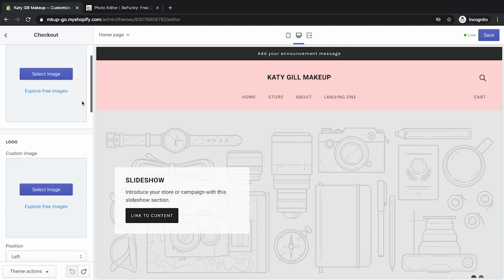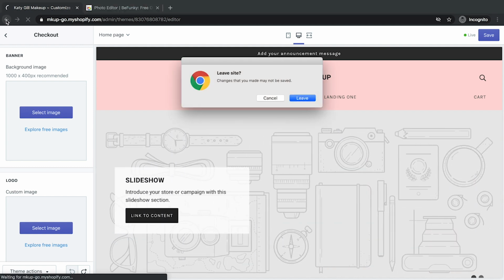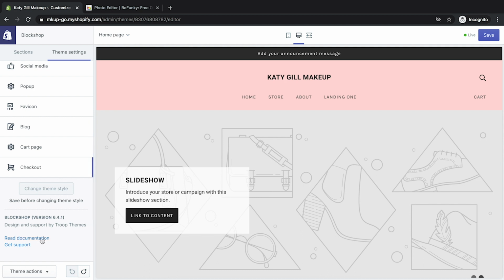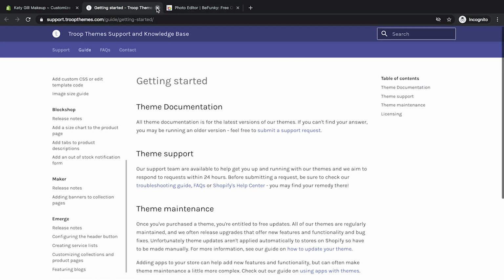Checkout, this is all the different things you can do for checkout. You might not see the checkout section of your store until you hit subscription or go for a package. I think they hold it back when you want a free account. And then obviously if you move back without doing anything, it will just check if you want to save first. So if I hit checkout, go back. And that's anything there. So always have a look at here, read the documentation, get support. So if you click on that down here, you should be taken to the documentation for your specific theme, and you can have a browse around there.